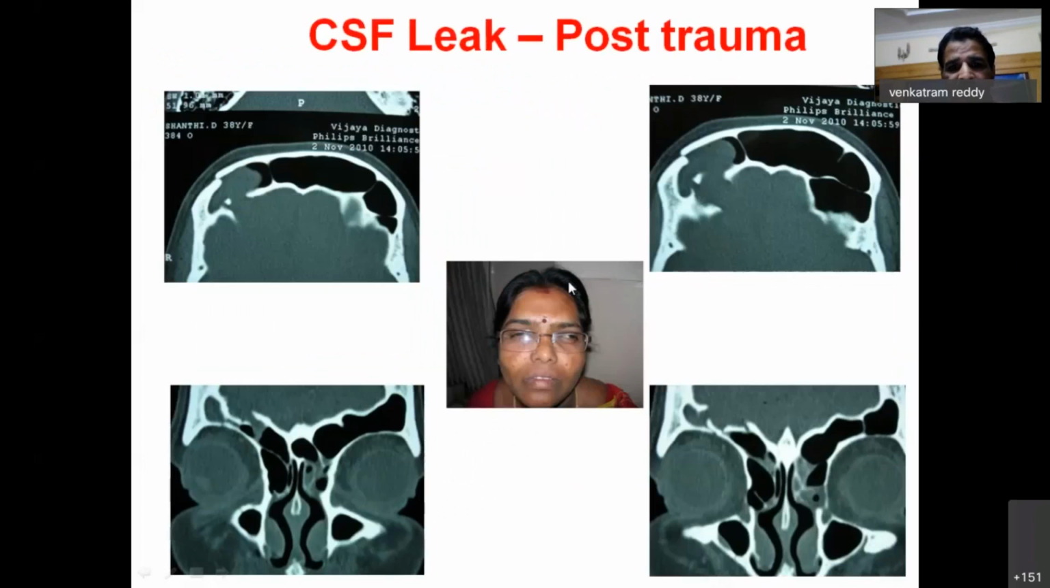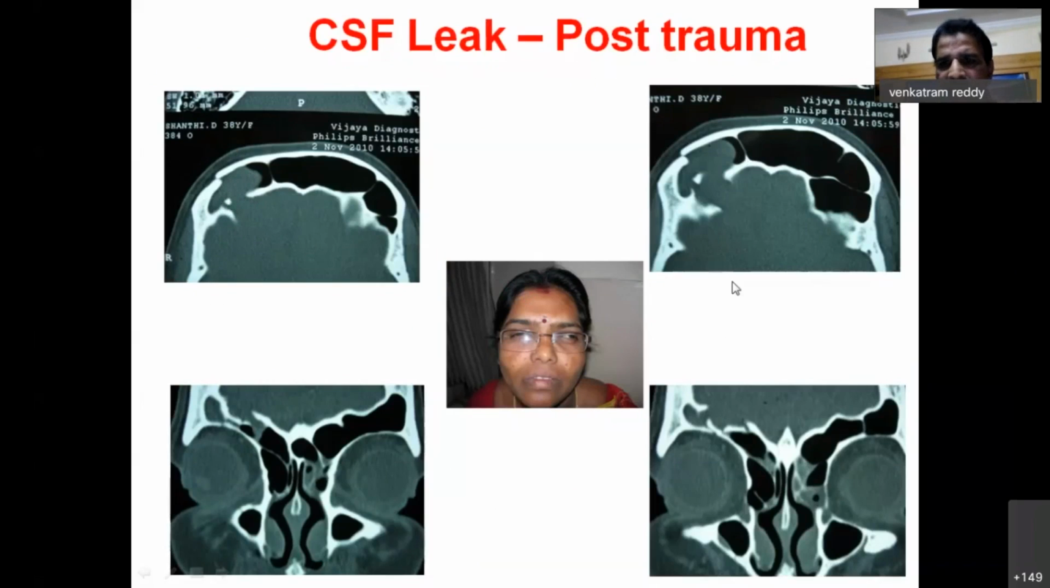Now this is a traumatic CSF leak, where you can see the head trauma with a hit to the frontal bone with an iron rod, and if you sustain injury here, there is a herniation of the brain here with CSF. There is an inner table fracture, an outer table fracture, and a picture like this is the CSF rhinorrhea CT. In all traumatic CSF leaks,